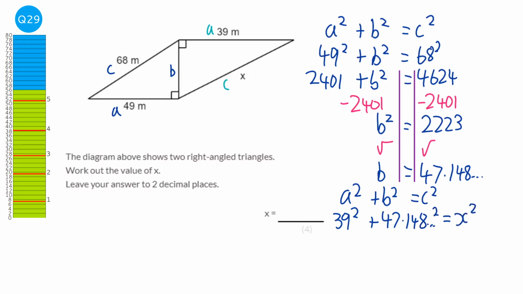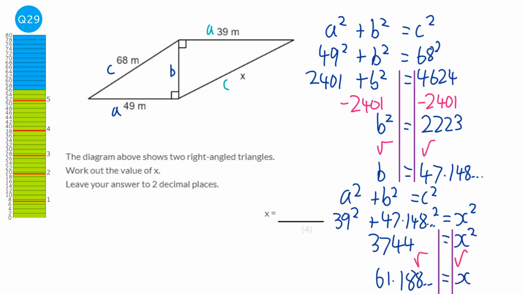Okay, so we need to square that. So we do 39 squared plus 47.148 squared, and that will be 3,744 equal to X squared. And we'll just get our lines in because we need to square root both sides, and we get 61.188 and so on is equal to X. It says it wants it to 2 decimal places, so that will be